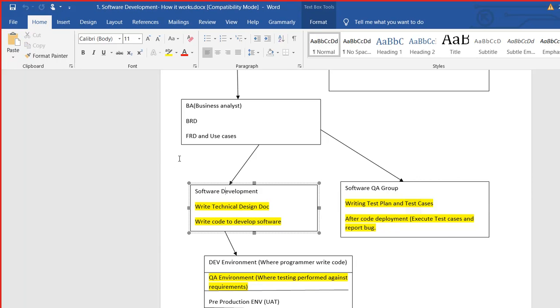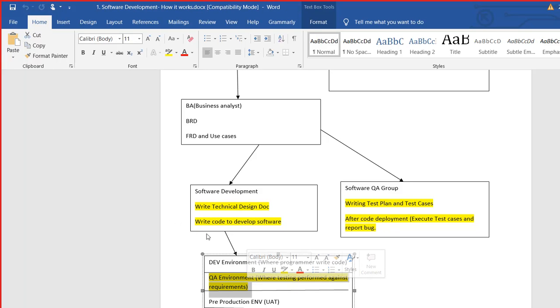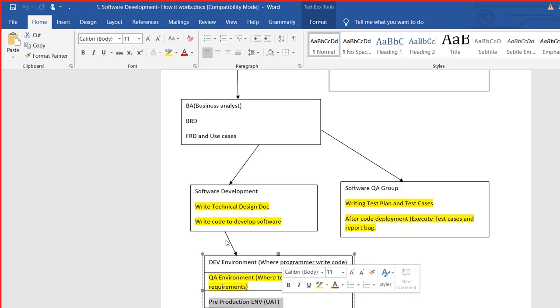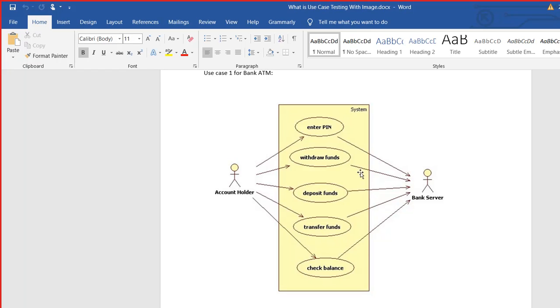So the development people use the development environment for developing the software, and after developing the software, they put the software in the QA environment where QA people do the testing. And after QA testing, the software goes to the pre-production environment where UAT, user acceptance testing, and performance testing happen. And when all this testing is done, and the software is good, then it goes to production. We already have discussed this, right? Okay. Now, if you take a look here,